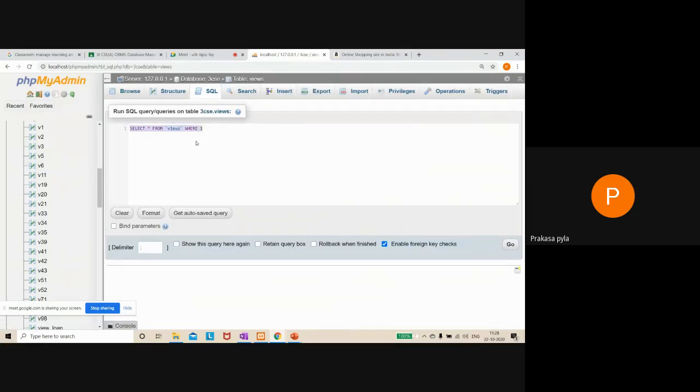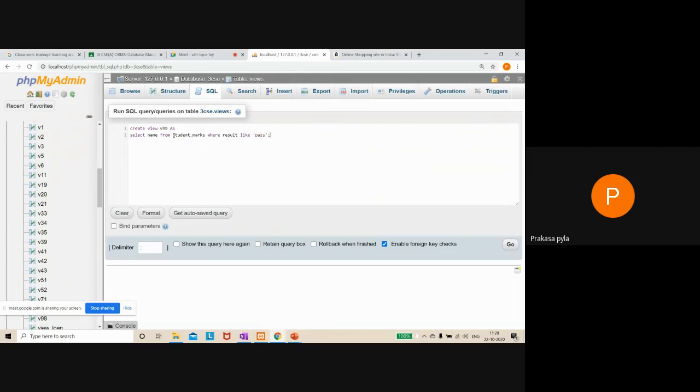I just want to create a view V99 as select the student name from student_marks where result like 'pass'.